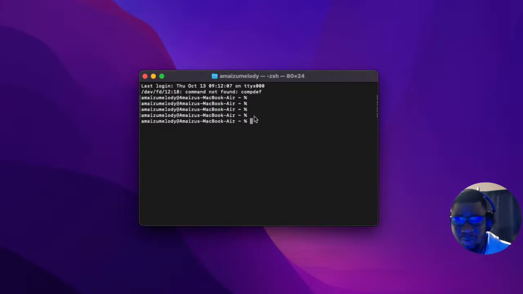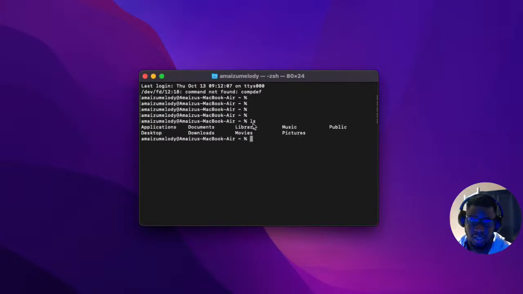For Windows users to be able to open PowerShell, press your Windows key and X, then search for PowerShell, or rather click on PowerShell, and you'll be able to see a PowerShell interface. So now let's begin. Let's say we want to know the current directory you're in. I'll explain what a directory is to you later, but to show you where you are on your laptop, you can just type this, and it tells you where you are. If you're in a particular directory and you want to know the files and folders inside it,